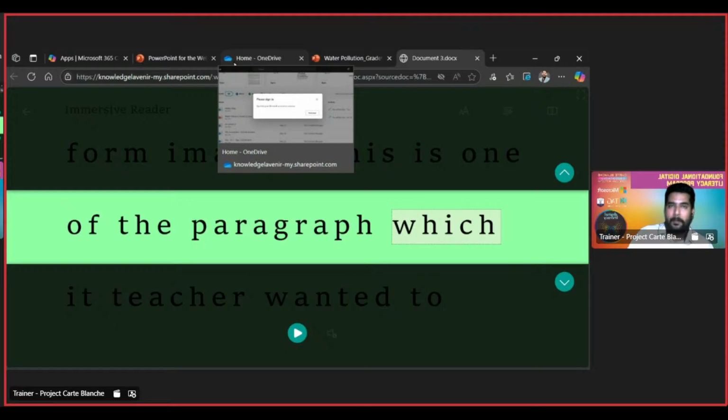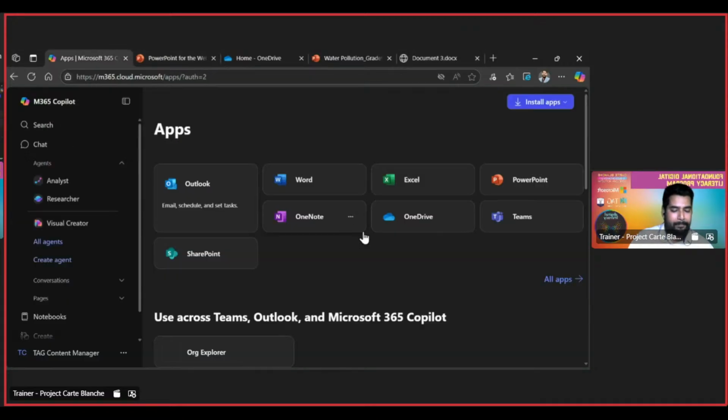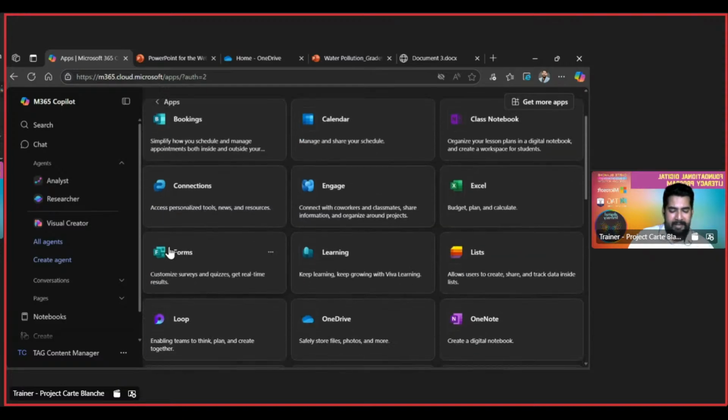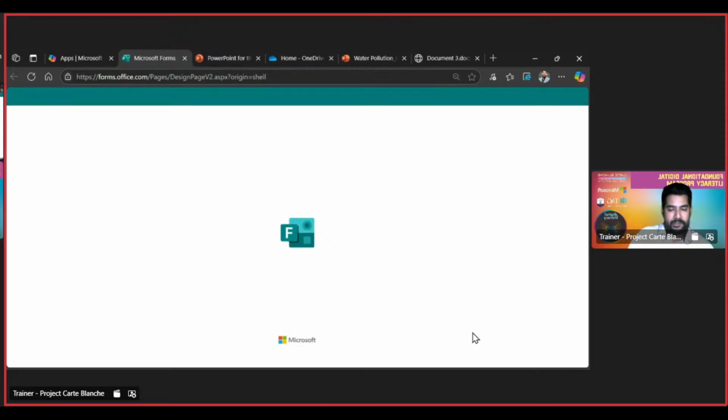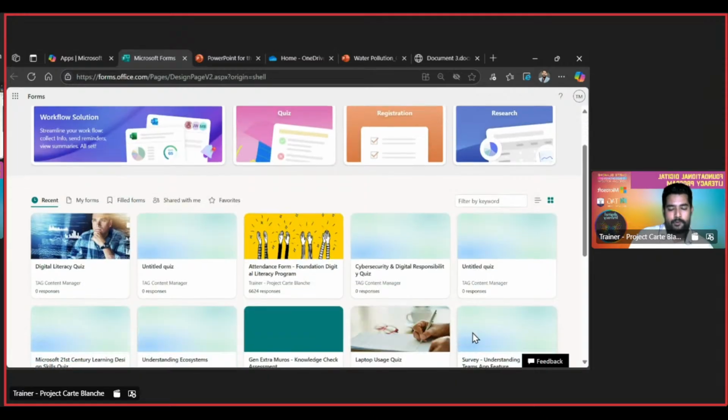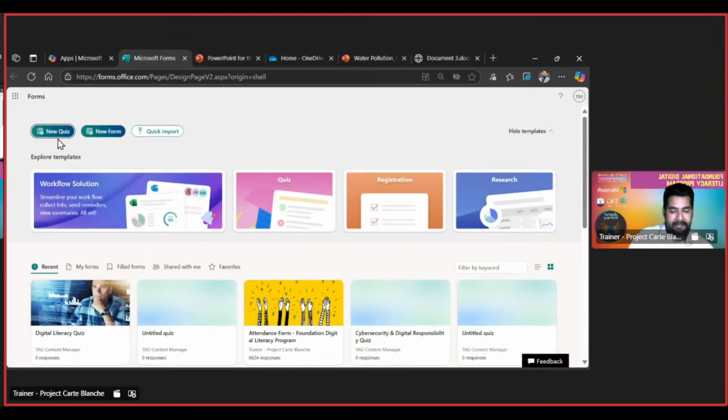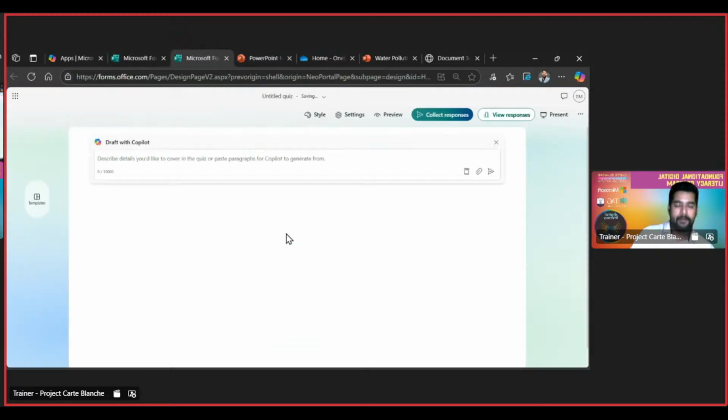If you give them the forms, the quiz, which has branching as a feature in the forms. Branching is a feature in the sense, I'm just giving an example. Out of so many apps, I have got Forms, and I want to give a form to the students, create a form, not just to test them, but to make sure that all the students' concepts get clear. So I can create a new form or new quiz, anything for that matter. Let's say the quiz I'm trying to ask about